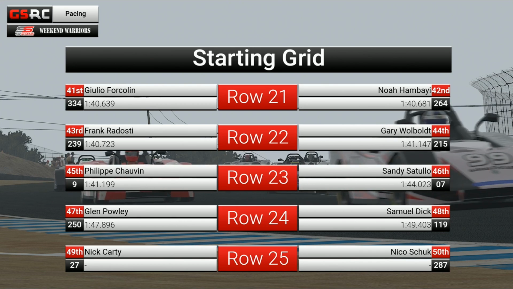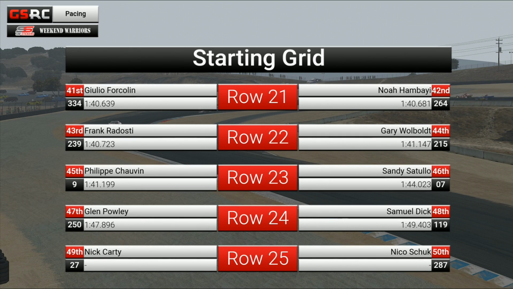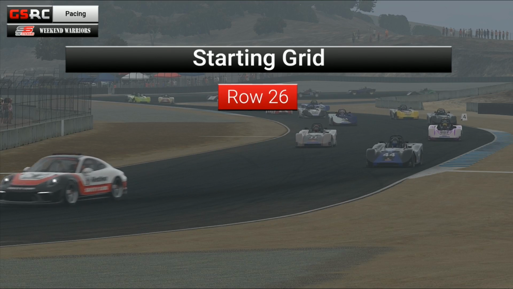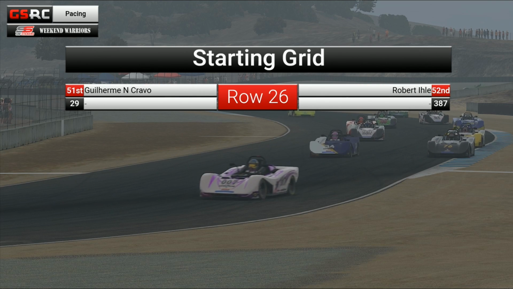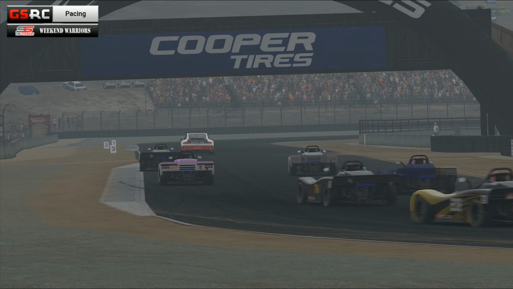Behind them, Philippe Chauvin starts 45th today. Sandy Satullo in 46th, and Glenn Powley in 47th. Samuel Dick is 48th, and he's the last driver to get a time in. 49th goes to Nick Carty. Nico Schuk to 50th. And then from there, we've got Guillermo Cravo and Robert Eel as the last of our